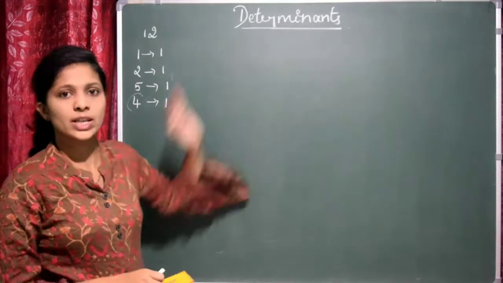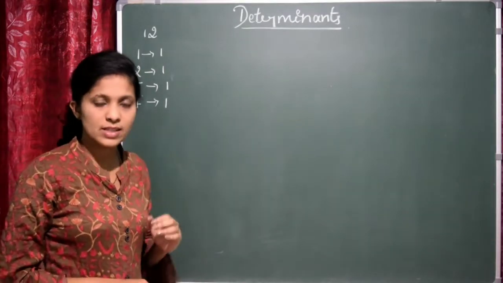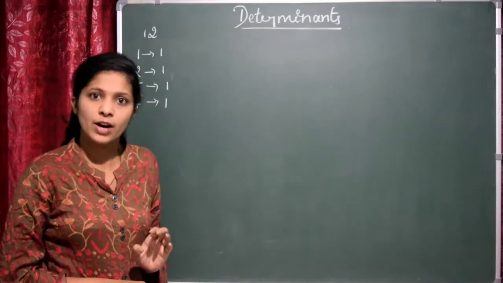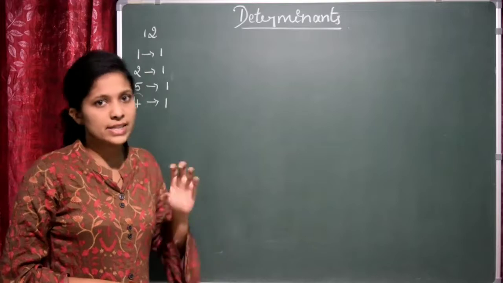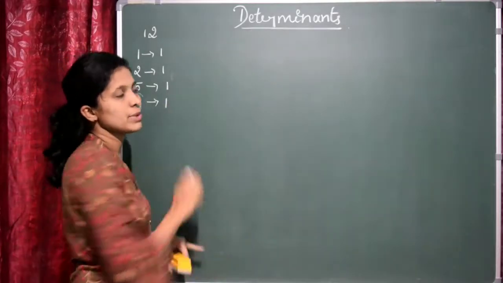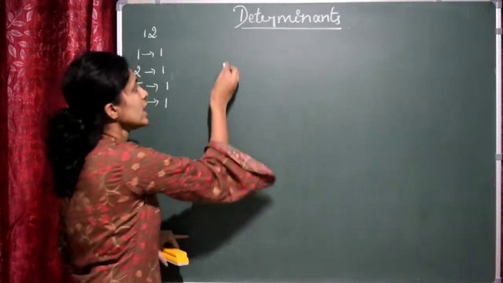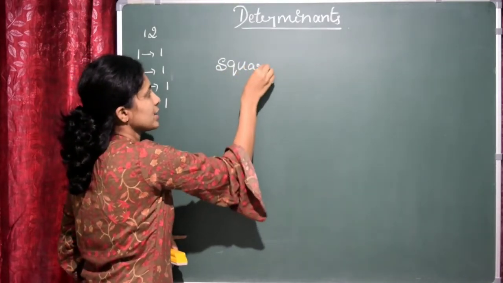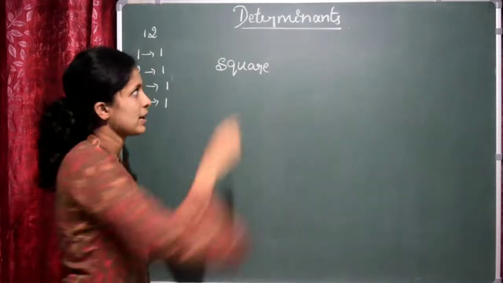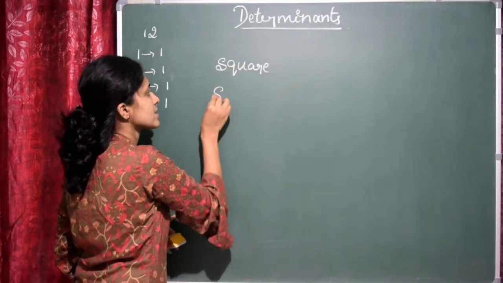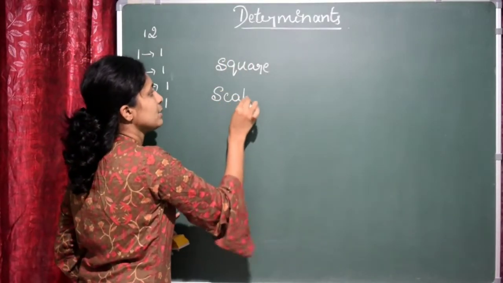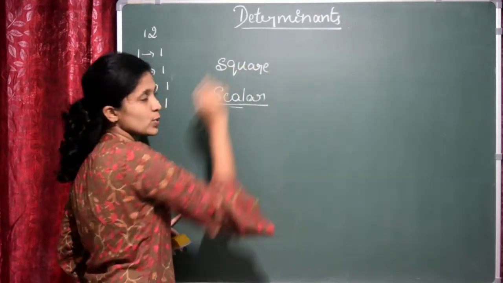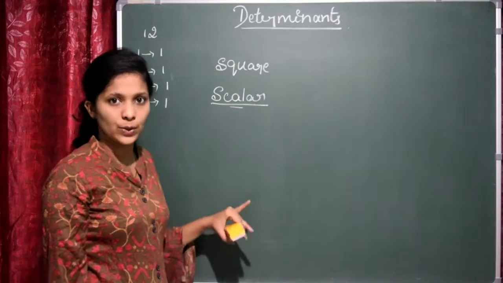First we will see what is a determinant. This is a small session. Here I am going to explain only how to find the determinant of a matrix. That is a basic thing. Determinants can be found only for square matrices, not other than that. Determinant is nothing but a scalar which gives you one value. This is useful to solve linear equations.